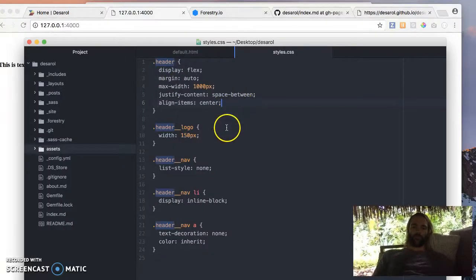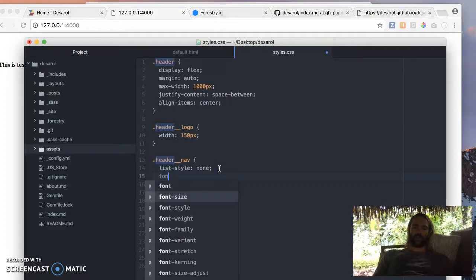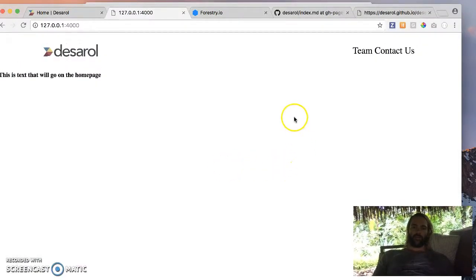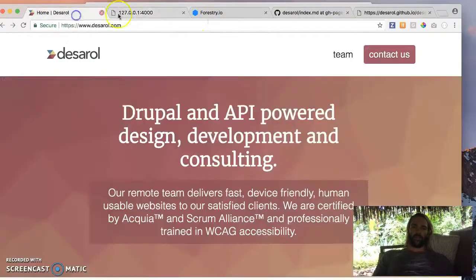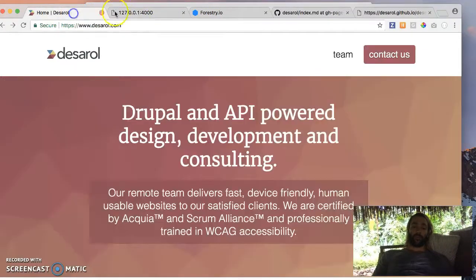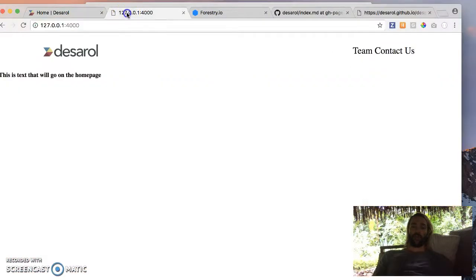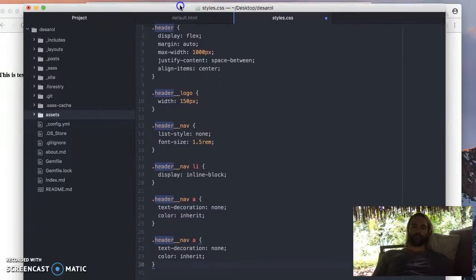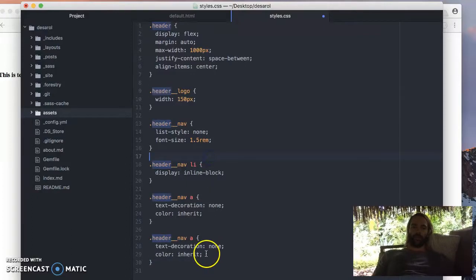Let's do on the nav a font size. I like using REM, so we'll say 1.5 REM for now. We might have to change the line height as well. Looks pretty good to me. Looks like the fonts are totally different. Do we install a Google font this episode or not? Probably not. I don't really want to get into that. What I do want to get into, though, is styling this button, because it doesn't look very good without a